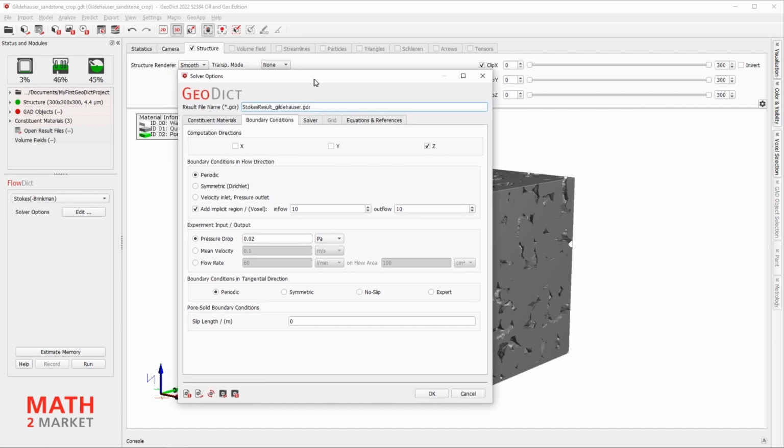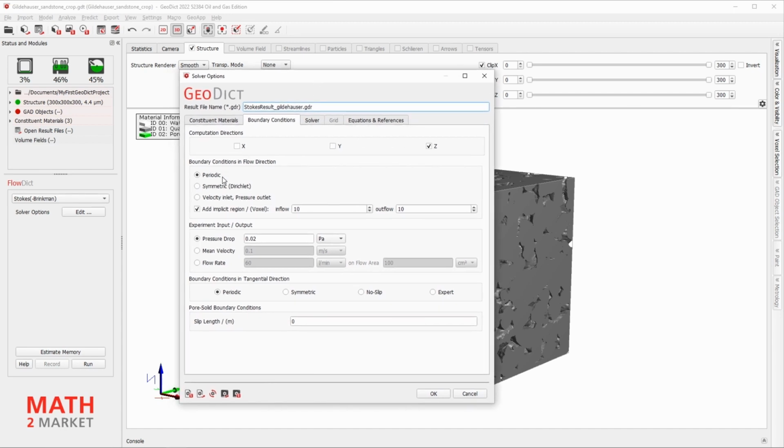As I already mentioned, the default values of GeoDict 2022 allow a correct estimation of the boundary conditions for digital rocks. So in flow direction, that would be periodic, with the implicit region for inflow and outflow.